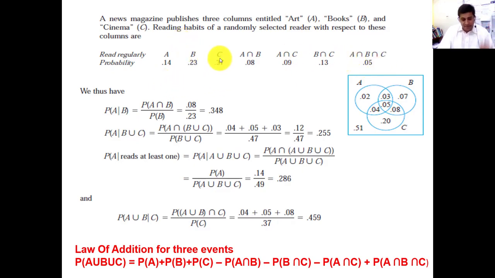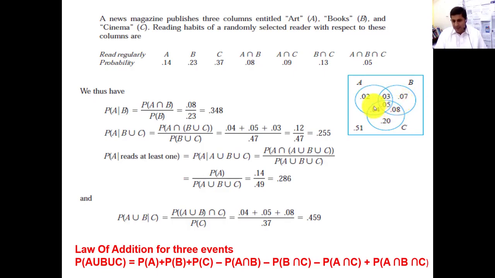Now with the given information, they will give us some questions on how we will calculate from the given information. So probability of A given B is equal to probability of A intersection B divided by probability of B. This is the main definition of conditional probability. A intersection B is given to you, and if these things are not given to you, you can easily calculate them from this. How? Which part is mutually inclusive or common between A and B? This and this are common between A and B.